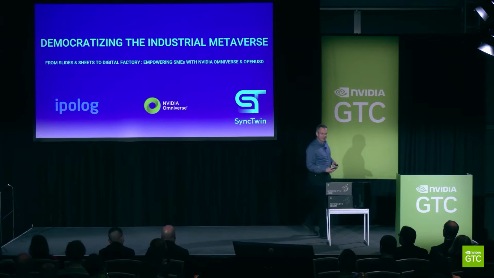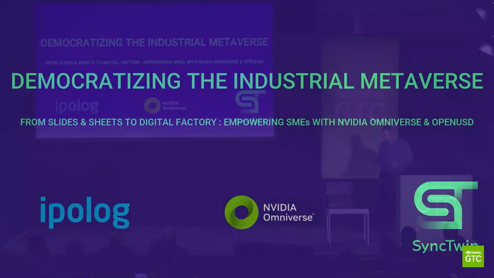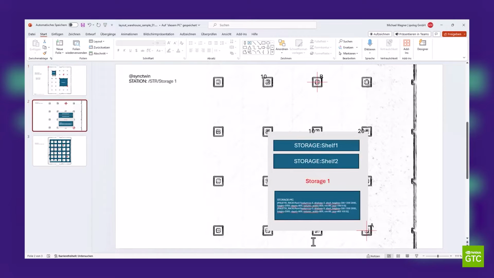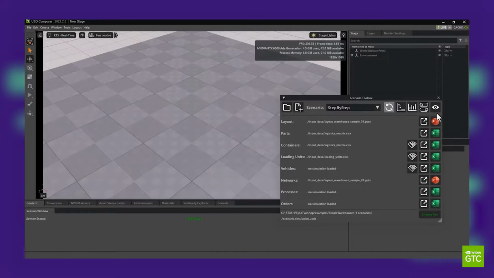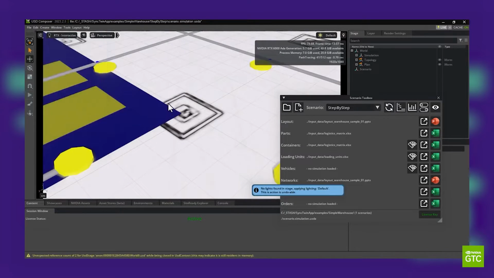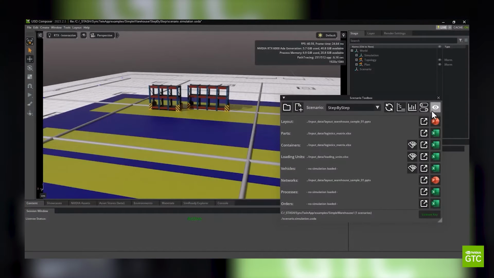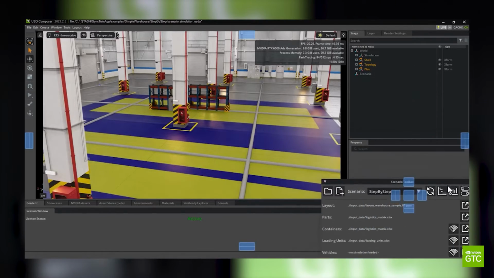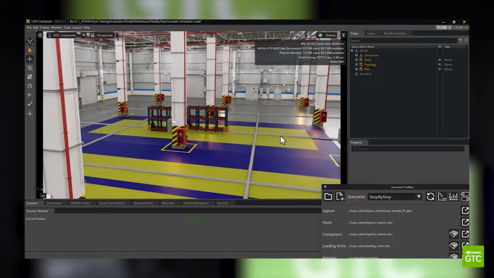I'm Mike Wagner, CEO and co-founder of SyncTwin, and also I'm an Omniverse ambassador. Our mission is to unlock the industrial metaverse for small and medium-sized enterprises by leveraging OpenUSD and the Omniverse ecosystem. My journey with SyncTwin began over 3 years ago as a co-founder of a company doing software for the automotive industry, production logistics, and that laid basically the groundwork for what SyncTwin has become